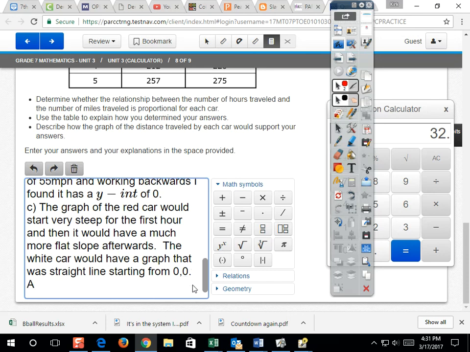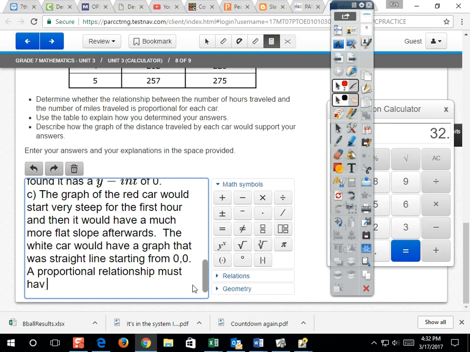Finally, a proportional relationship must have a straight line with no